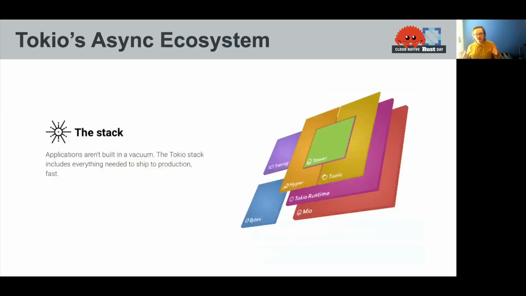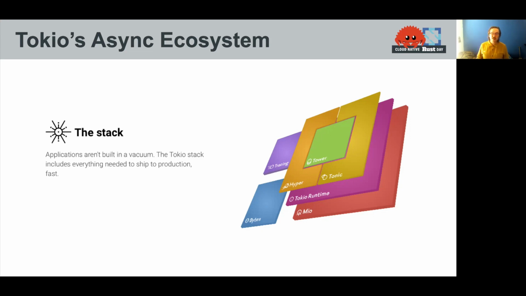And finally, let me take you through a quick tour of Tokio's async ecosystem. So Tokio is a Rust library that's kind of similar to Netty if you're familiar with the JVM. It gives us asynchronous I/O. And so when I start a program, I start up the Tokio runtime, and this lets us run I/O concurrently without having to have a thread per connection, or it gives us something you can basically think of similar to Go's runtime, where Go has these green threads that let you run things concurrently and just block.